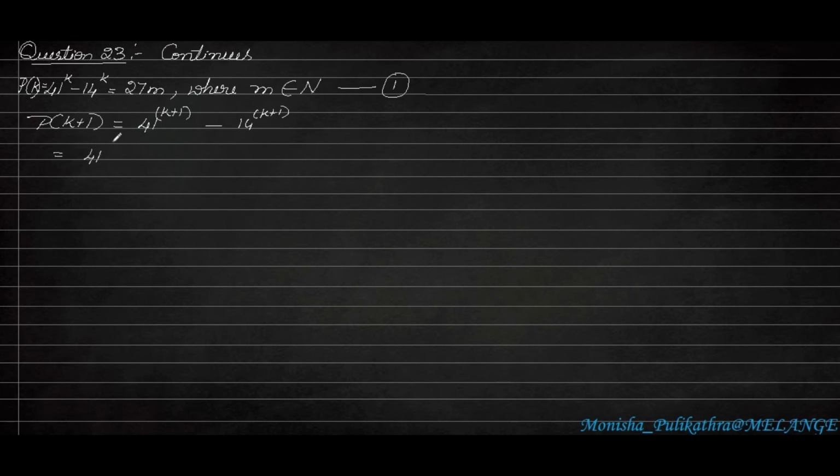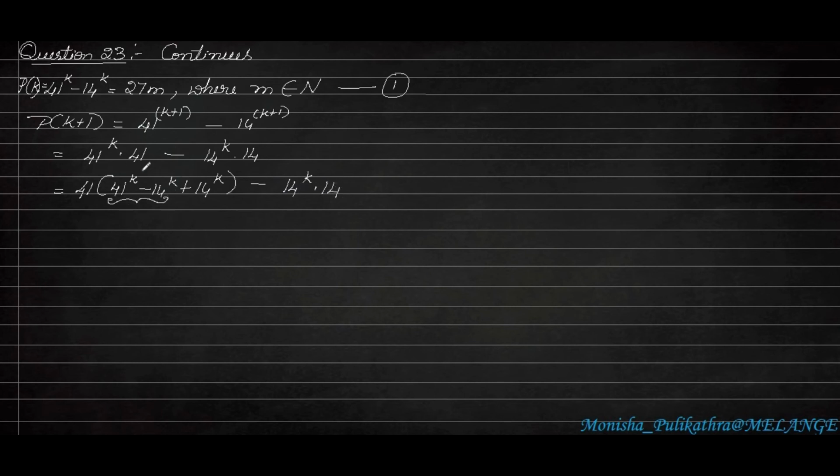So this will become a to the power of m into a to the power of n. So equation 1 is nothing but 41 to the power of k minus 14 to the power of k into 14. Now we have to substitute this equation 1 into this statement. So instead of 41 to the power of k, I will take 41 to the power of k minus 14 to the power of k, but I can't simply put that here. Along with that I have to include plus 14 to the power of k, because if I cancel these terms, this number will remain here, right? So the other statement we have to write as it is, minus 14 to the power of k into 14.